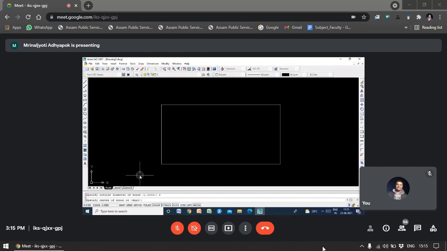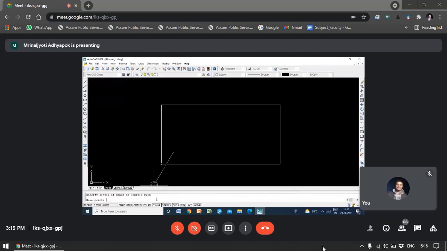To specify the center, you simply write from. But you know the distance of these donuts from this point. If you consider this as the base point, the distance in the x direction is 10 units, and in the y direction it is also 10 units. This is the first donut you are going to draw here. So simply write from.